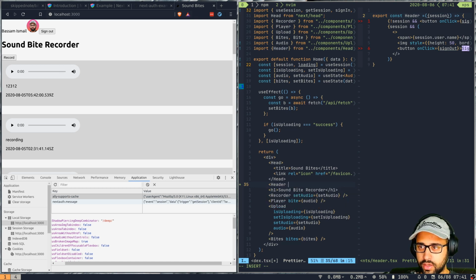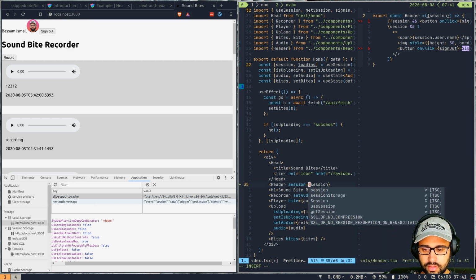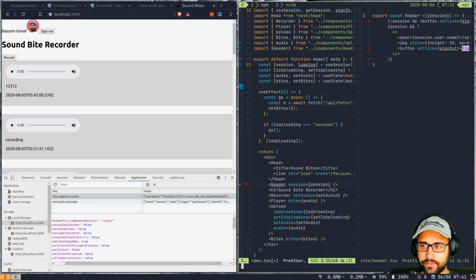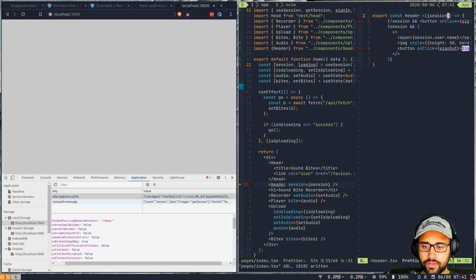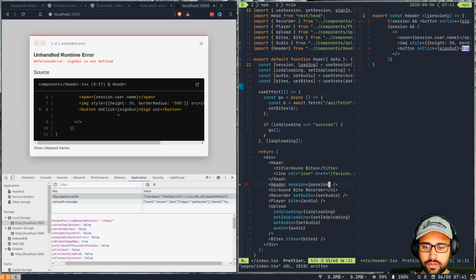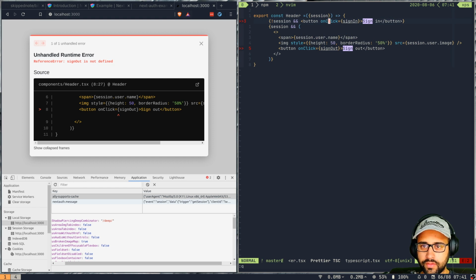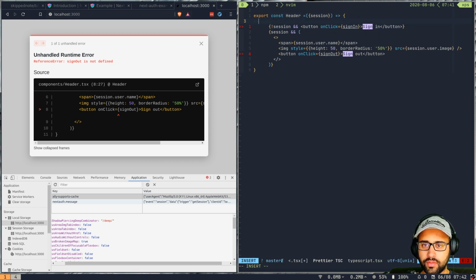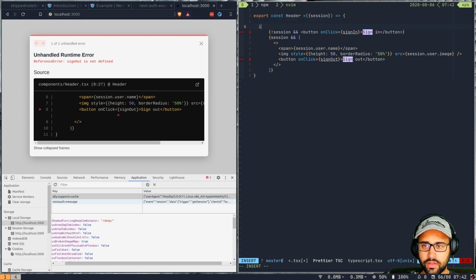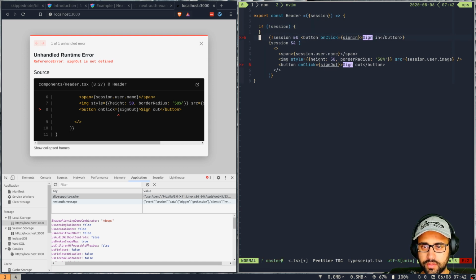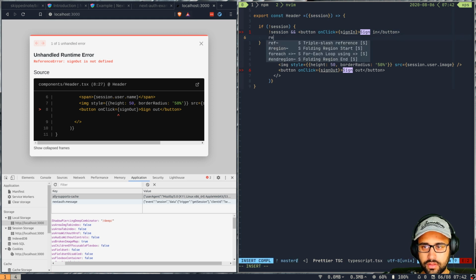So we imported the header and then we pass it the session as session. So let's close this one out and then fix this. So we can probably now do an if else. So if not session, right? Just return this bit, delete the surrounding parens, and do